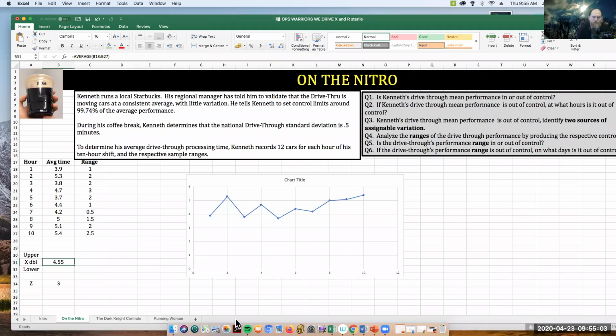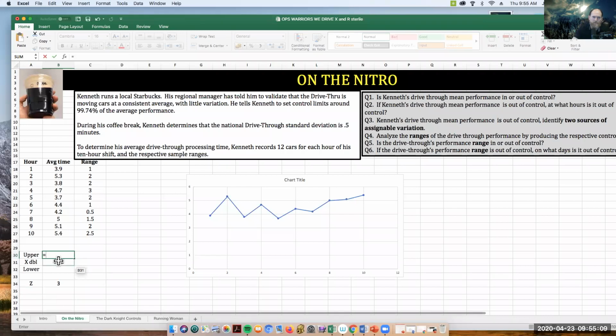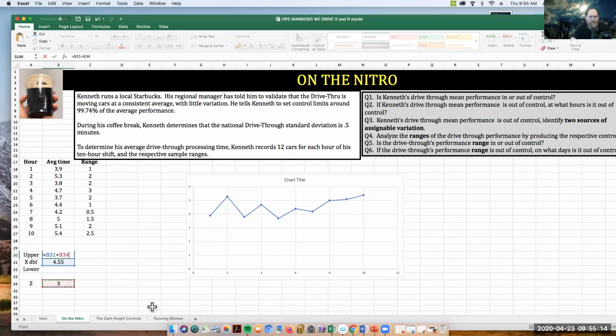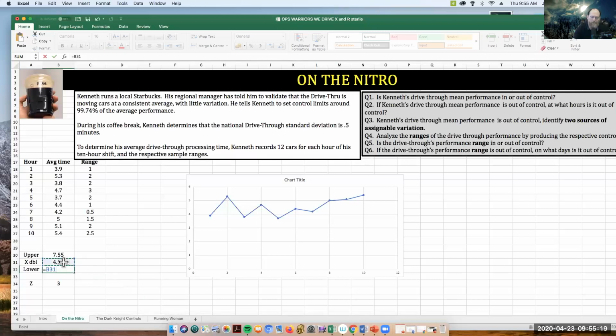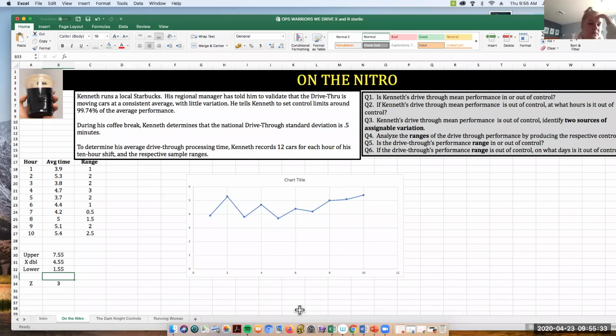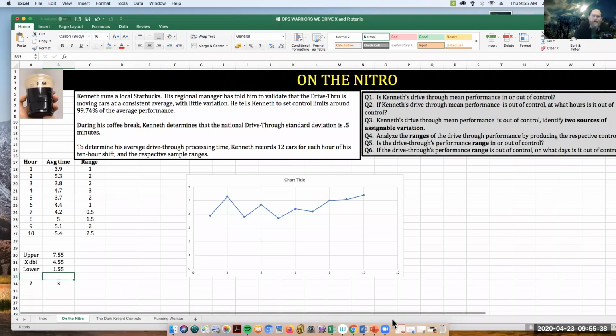Okay. So that would make this something like that. Yeah. Okay. Myra, what do you think? Is there anything else we need to do here with these control limits? I thought you had to find the A2 and R bar, not the Z. Yeah.